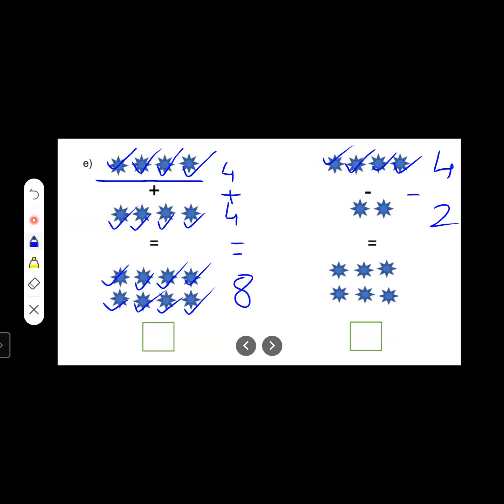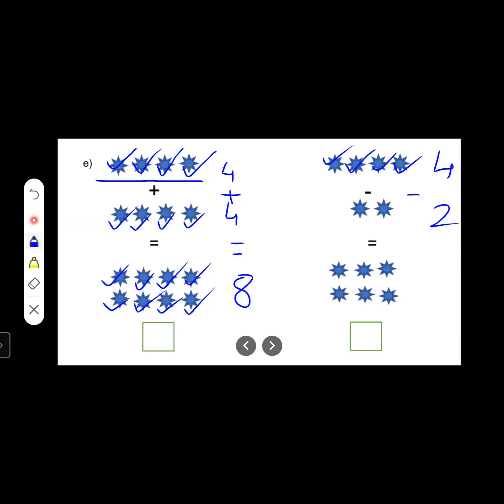Take 2 in your hand. Count before 4. Why before 4? We have to do backward counting because this is subtraction. I have taught you, right? When we do subtraction, we have to count backwards. So take 2 in your hand. Count before 4. Before 4, which number comes? 3. Before 4, 3. Then before 3, 2. So 3 and 2. Answer should be 2.